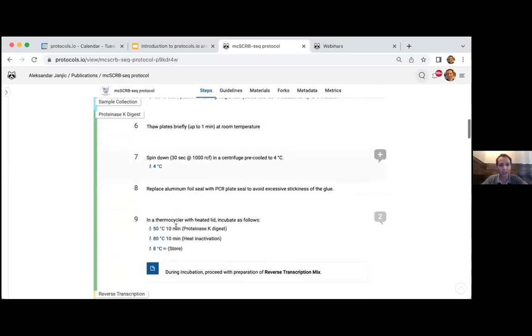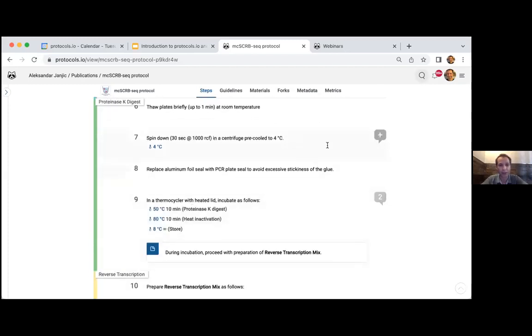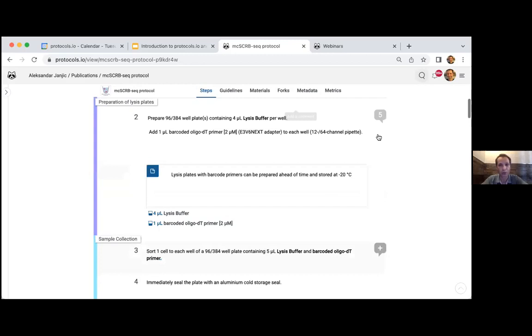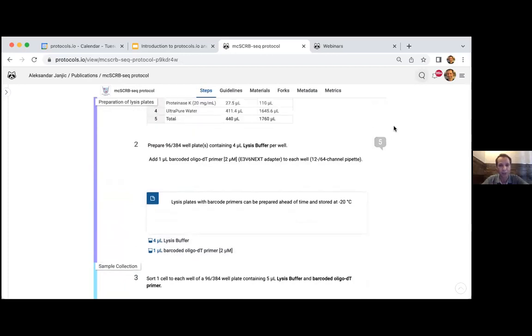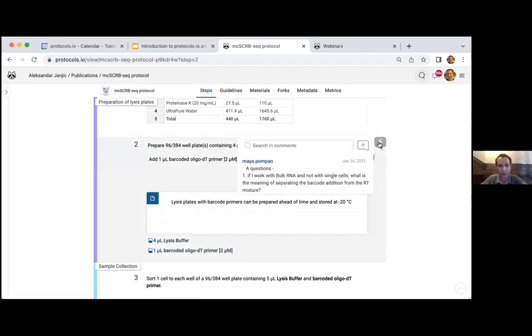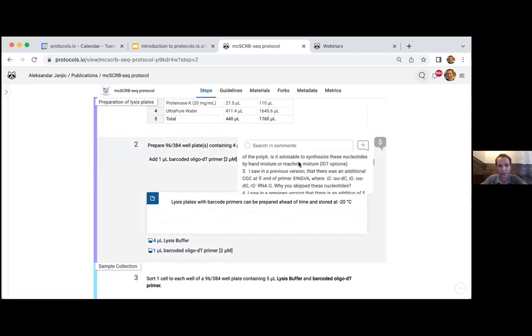And you will see that the protocols are dynamic and interactive. As I scroll through, I can click on any step and ask a question that will go to everyone who is using this method and to the author, and you can have these discussions. You decide whether to ask the question privately or publicly if it's on a public protocol. Obviously, if the protocol is private, you're discussing it only with those you've shared it with. And here on step 2, you can see there are 5 comments